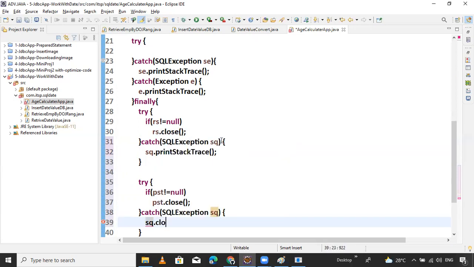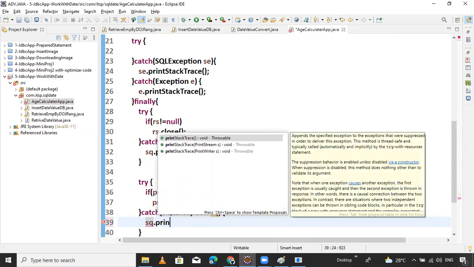The close method is undefined for the SQL exception. Oh no, what are we doing here? It should be sql.printStackTrace.